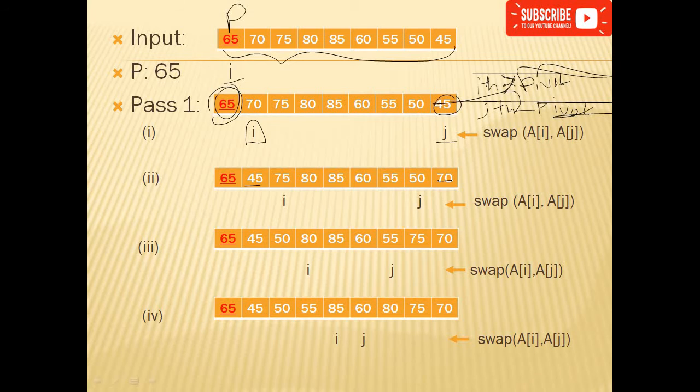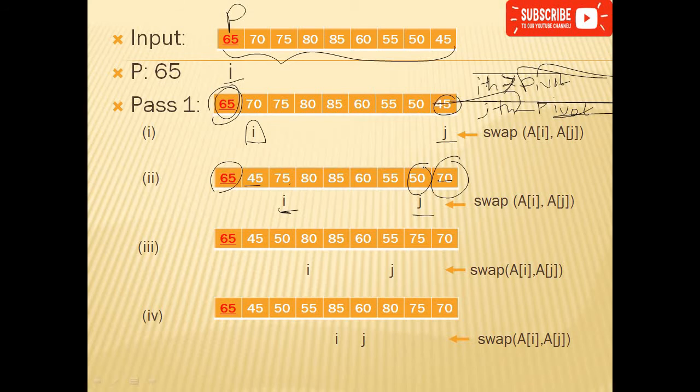Again we look for the greater than element, which is above 65. So here I found it, and then the less than element. 70 is not less than 65, so j moved to 50. So I am moving i from here to here. Why? Because I found a greater than element. Assume if it is not greater, then we will move to the next element. But I found it right here. And from here, since it is already greater, I need to find the less than element. 50 is less than 65, so I move j.